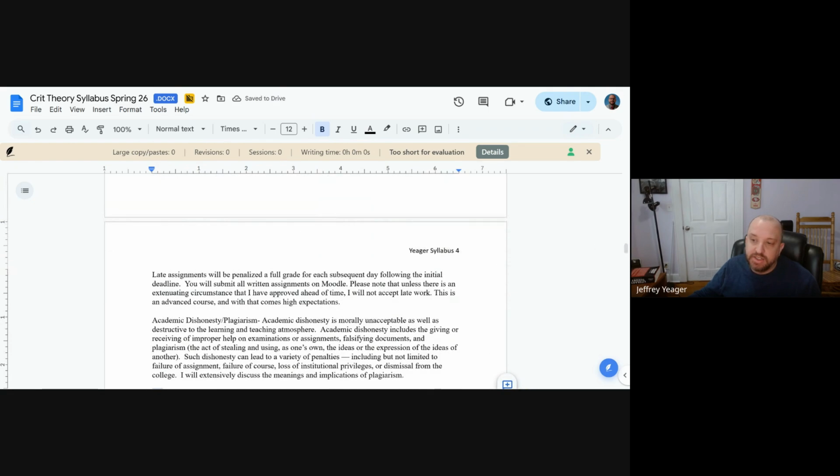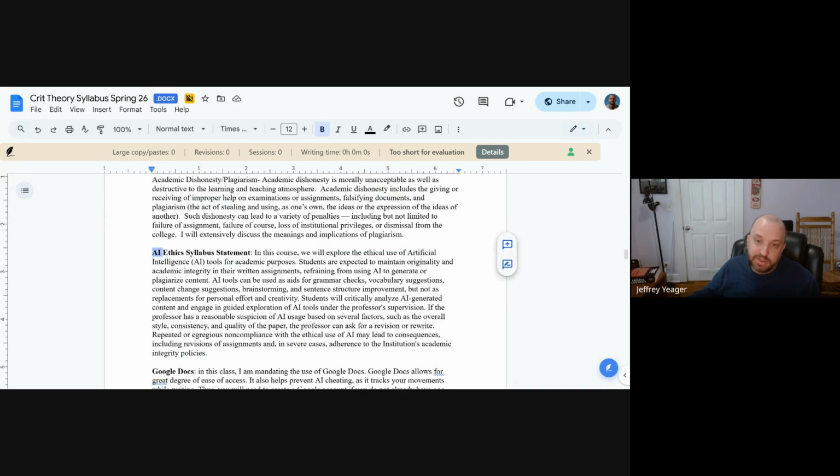Academic dishonesty and plagiarism. You might be tempted, especially when you're doing something like a Prezi, to look up what somebody else says about the article. If you do that to help your understanding, just make sure you cite it. Okay? Don't take anybody else's ideas. Don't borrow anything without citing it. And you all know how I think about AI and all of that. You've taken me before. Use AI as a tool, but not as a crutch.